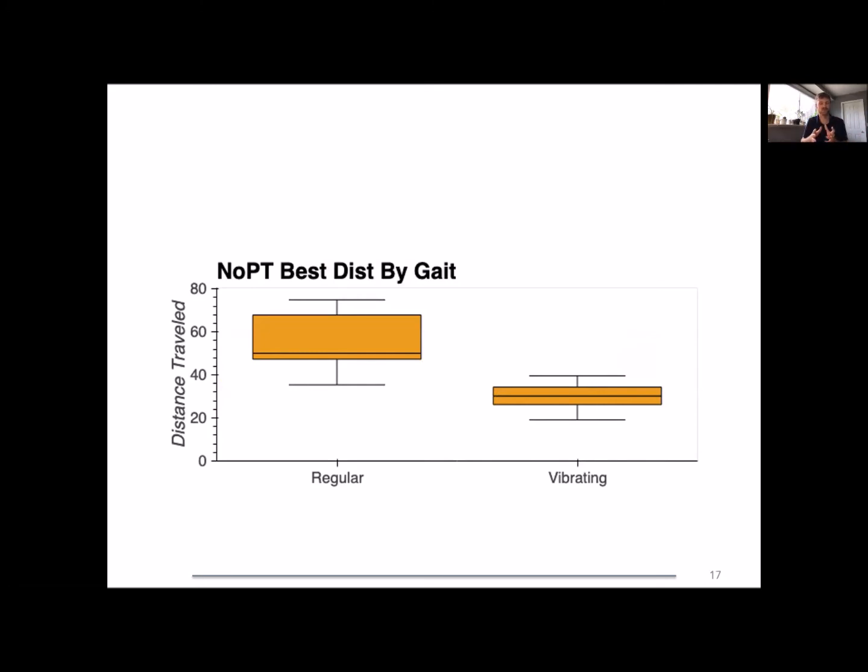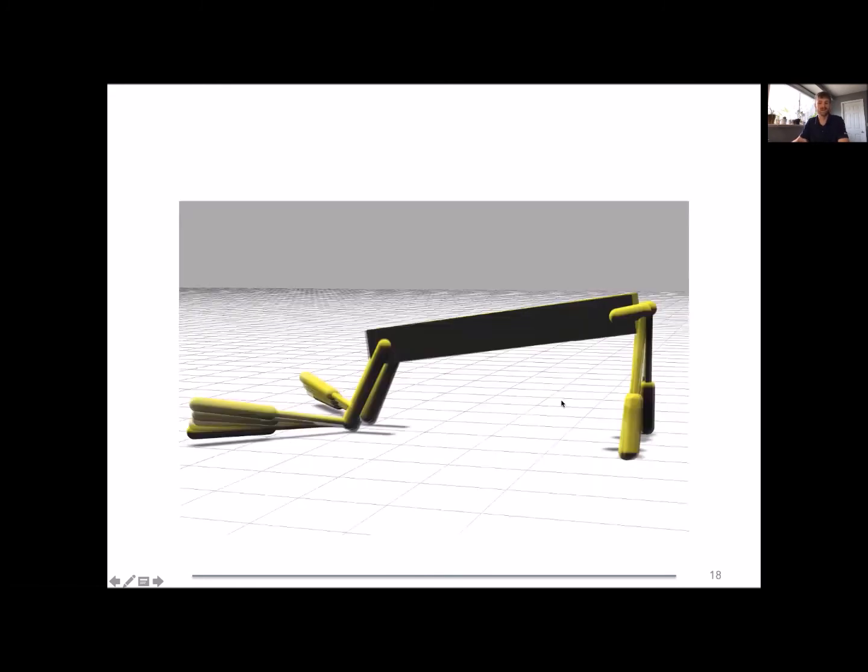So I sort of alluded to that earlier. It turns out those vibrating gaits are somewhat of an evolutionary trap. The populations can't get out of those vibrating gaits, but they're also low performing. And so that explains some of that disparity in pre-training. To give you an idea of what this looks like, this is an overlay of a vibrating gait. There's just not a lot of range of motion here in the ghosting.